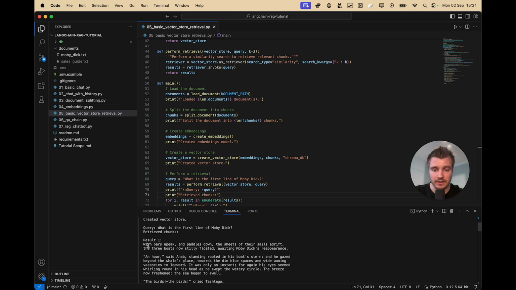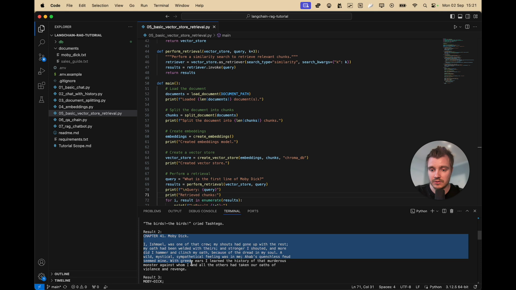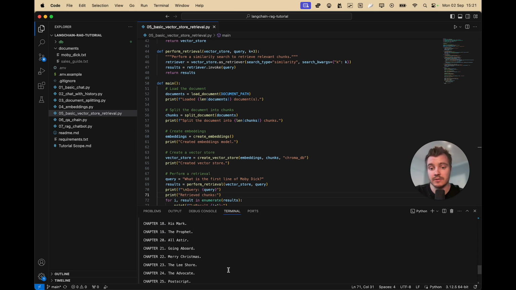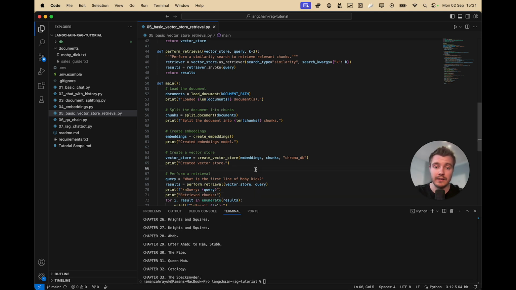So let's see. It's returned this chunk, then it's returned this chunk, and this chunk up to here. These are the top 3 based on the question that we've asked. So this is the retrieval part of the RAG system. Now that we know how that works, let's jump into the next part, which is going to demonstrate the